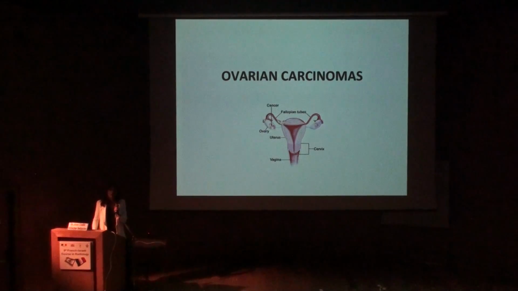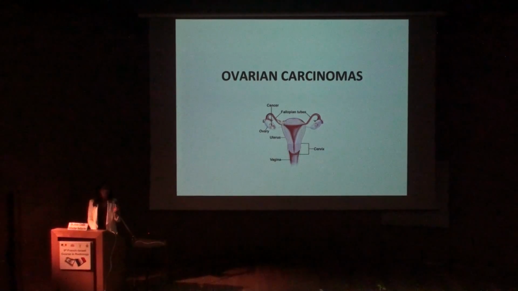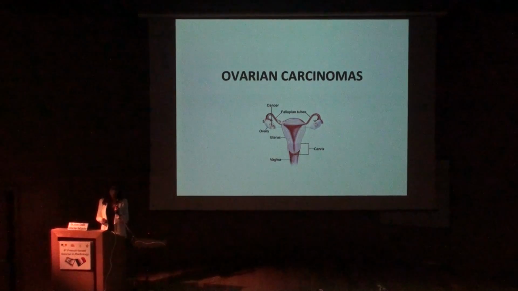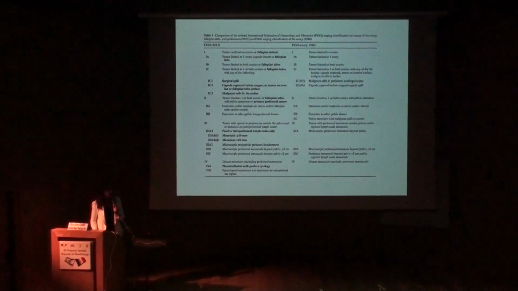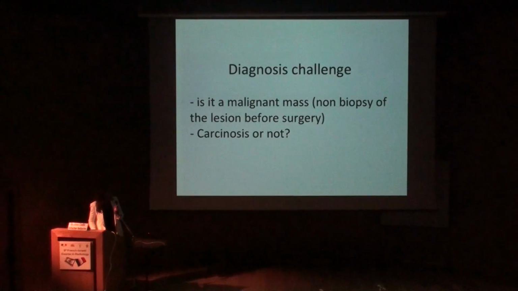And the last part of my talk will concern the ovarian carcinomas. The big difference compared to the first two carcinomas is that when you perform MRI for ovarian carcinomas, you're not sure that it is a carcinoma. You don't have a biopsy. We have a revised FIGO classification, but as you can see here, it's another time quite boring and tough to remember.